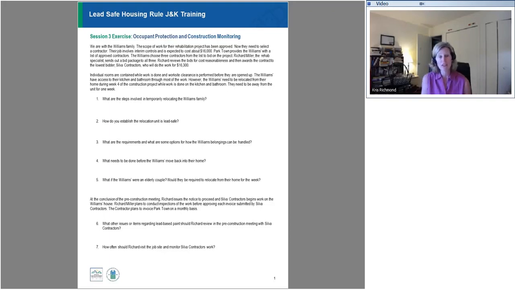But if it's pre-78, someone from Parktown needs to go to where they're going to be staying and do a visual inspection and a clearance test. All right, number 3. What are the requirements and what are some options for how the Williams' belongings can be